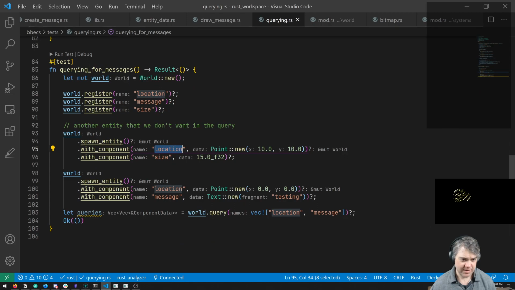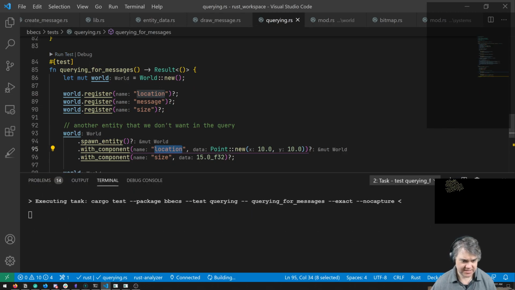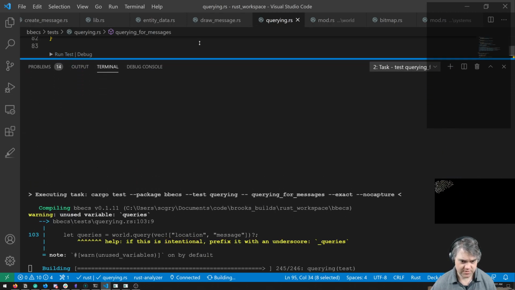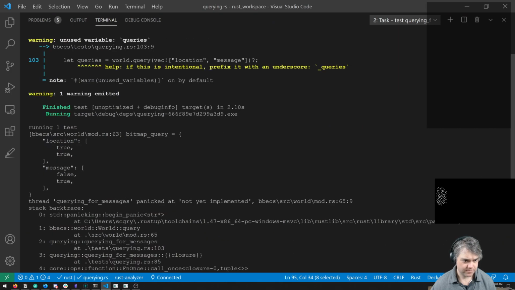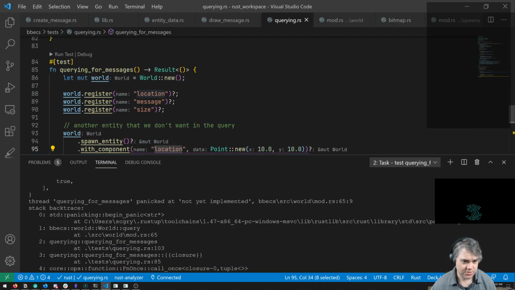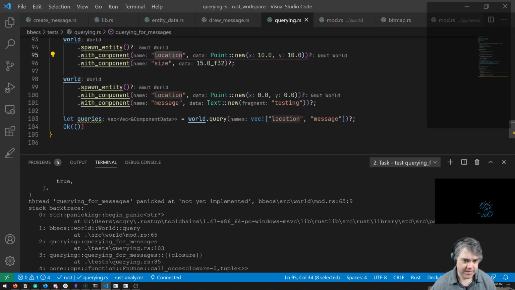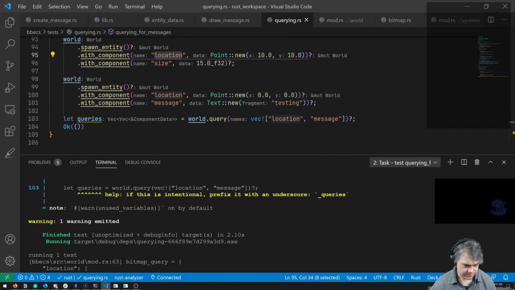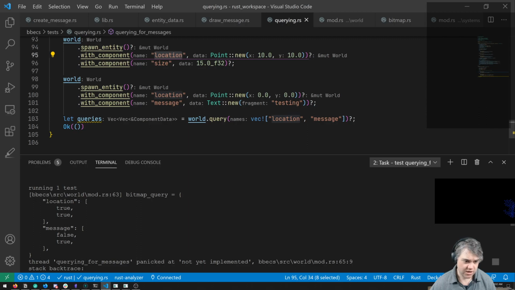All right, so back to querying here. I should be able to see that debug message pop out. Now I can see, okay, location, true, true, message, false, true. And that should match up to these. We can see locations is true for this one, and then it's also true for this one.